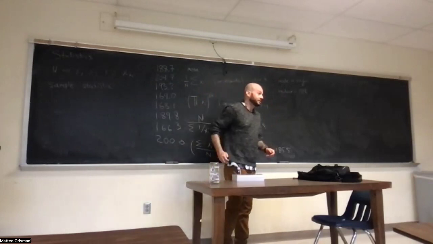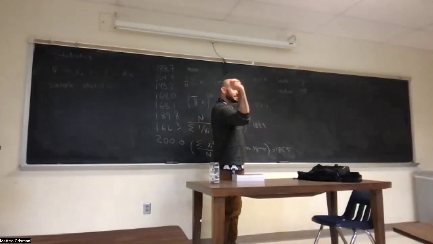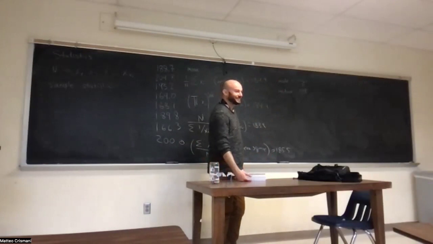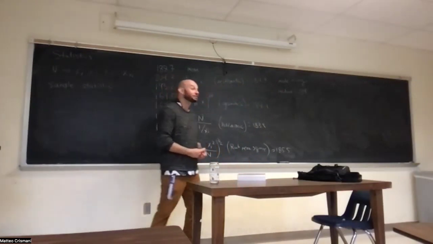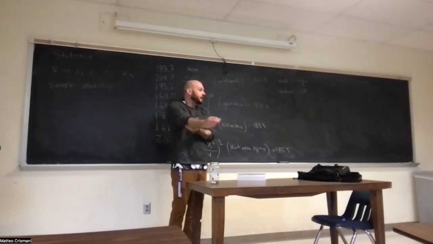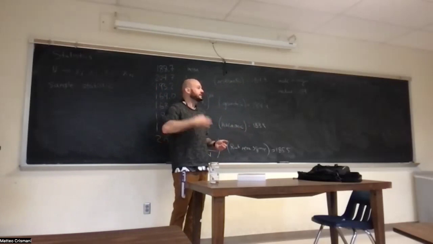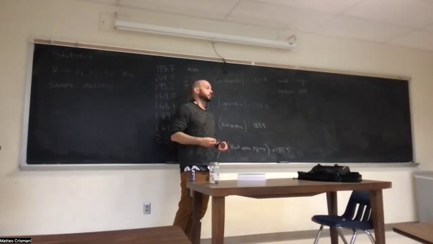Well, let's do it like this. There's two dice, uneven distribution. And I roll and I get 7. That's the sample mean on the first try. Okay, well, let's say I didn't get a 7, let's say I got a 2. If I just sampled it once, my mean of the numbers that I got would be 2, and that would be incorrect. So how many samples do you have to take? How many sample means do you have to construct in order to get a representative sample that's reasonable?